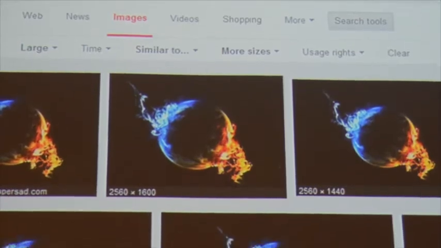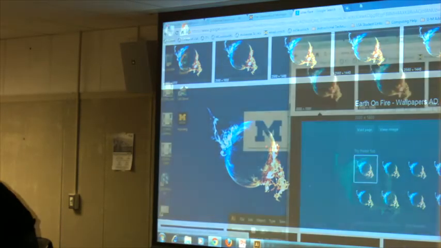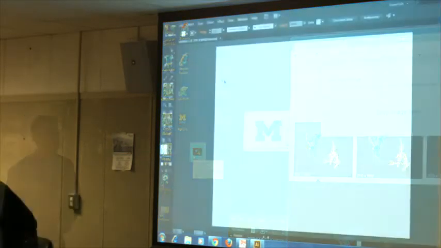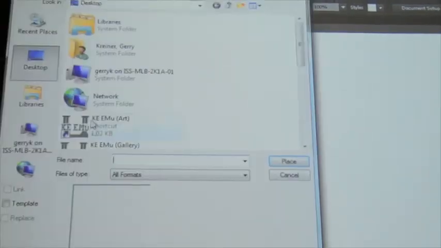So again, don't grab that one though. Click on it once, find the original, and save it or drag it off onto your desktop. And then we're going to place it just like we did the logo a few minutes ago. So go File, Place,